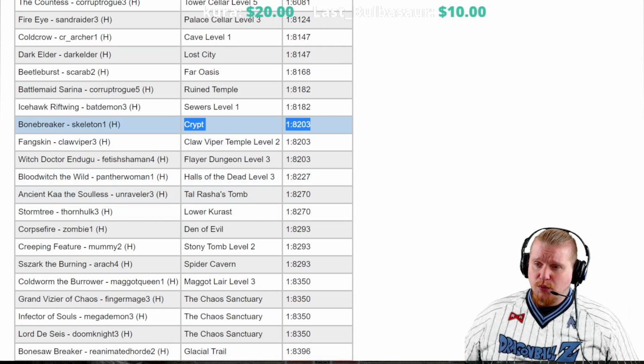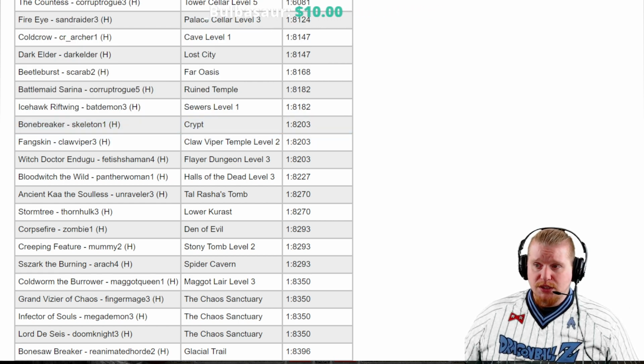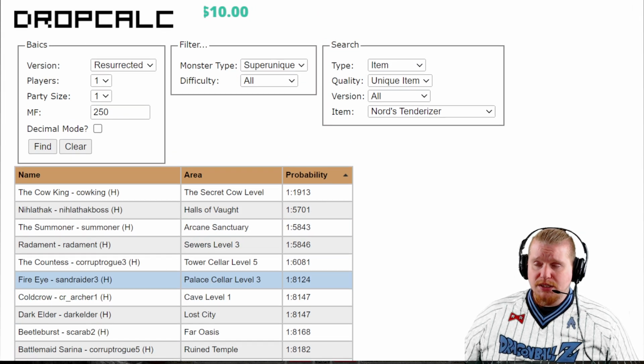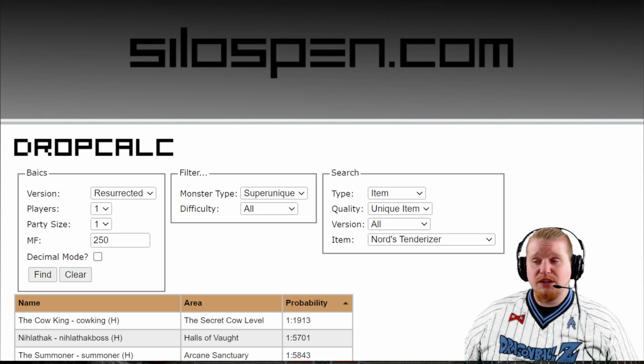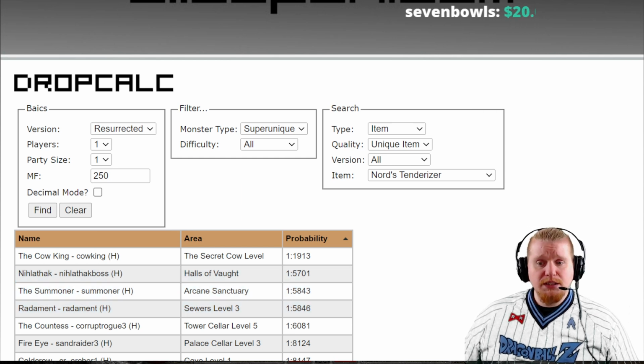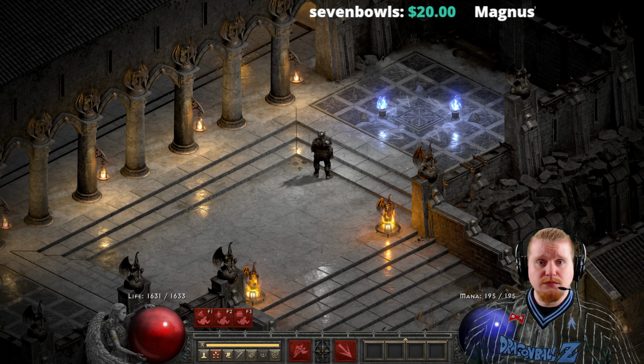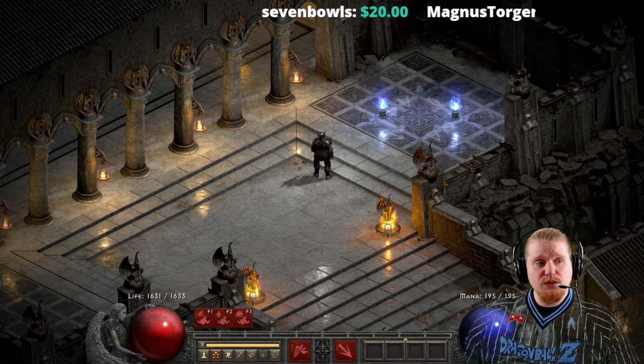Bonebreaker, you could kill him while you're going to kill Blood Raven. He's always in the crypt by the chest. 1 in 8,203. So not a lot of bad options. Actually, looks like it would be pretty easy to find one. I've actually found quite a few Nord's Tenderizers in my time. They drop pretty commonly, and honestly, they're just good items to use for low-level melee characters